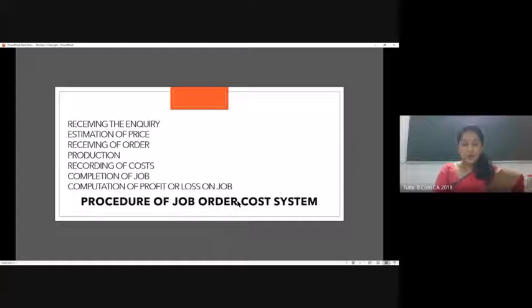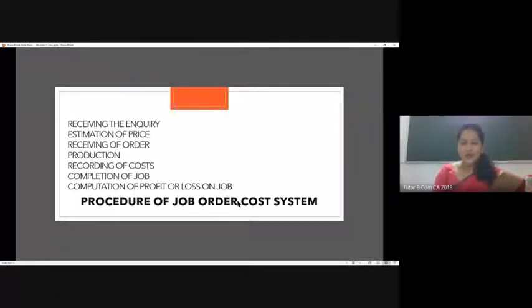Say, for example, in the current example which we were discussing, we said that the customer wants to manufacture a wardrobe, right? So we will call it the cost of manufacturing a 3-door wardrobe. Then we will record the material requirement, the labor hours and the cost of it, the overhead expenses, and also other expenses which are connected with the manufacturing of that wardrobe. So this is the only difference you have to remember when we talk about job costing. The method and procedures remain the same as we learned when we were preparing the cost sheet.